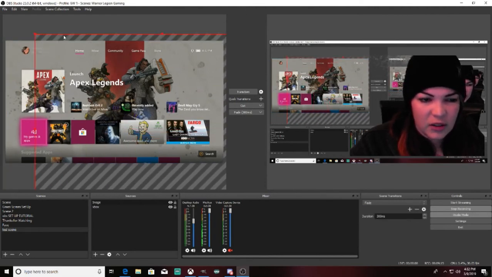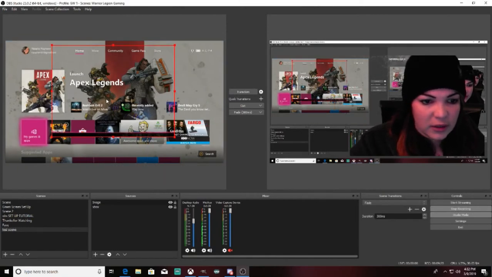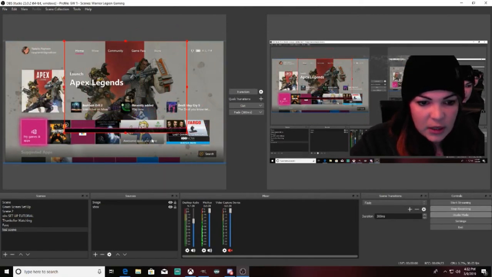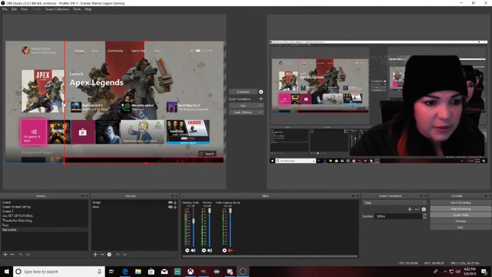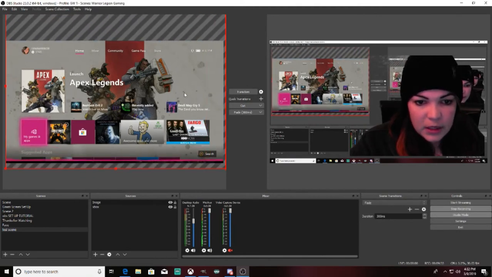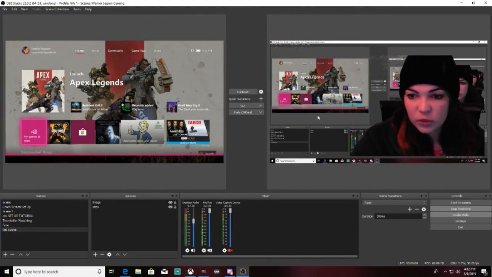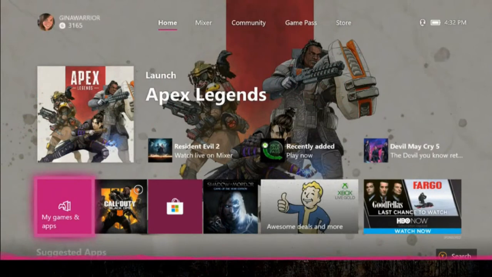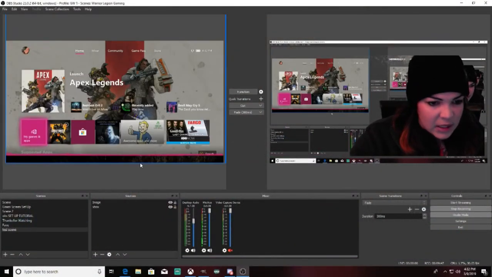Okay, so you can scale it down if your image is too big. Just drag the little bars. There you go. You see my little bottom border there. Now you're just going to scale it up so that it fits along the entire bottom of your stream. Boom, just like that. You can click over here, click off of it, and it shows this cool little image. I'm going to transition just so you can see everything that's going on. Alright, bringing it back. So we've got our cool border, we've got our game going on in the background,